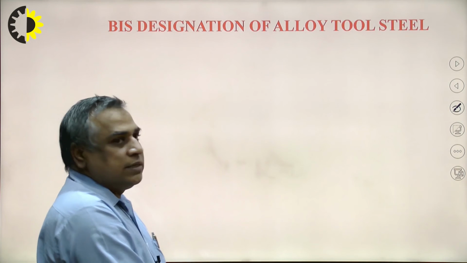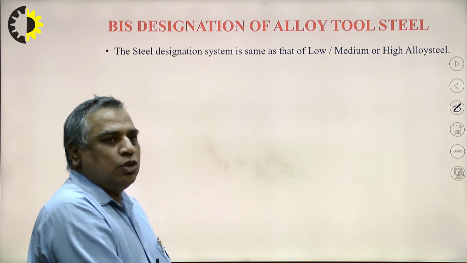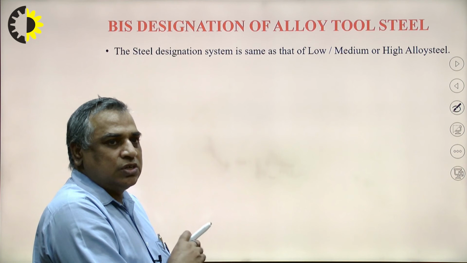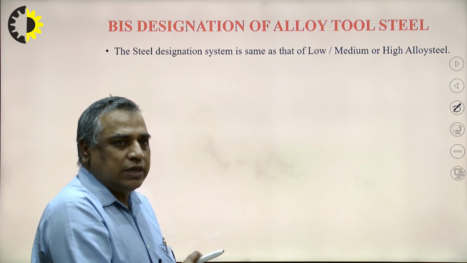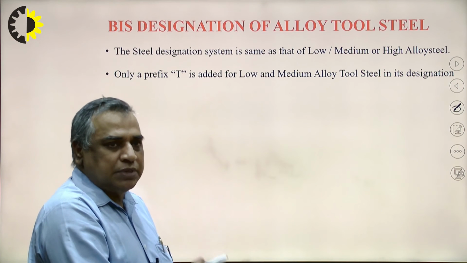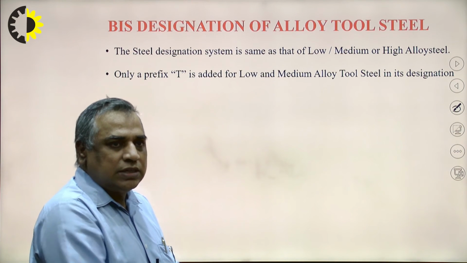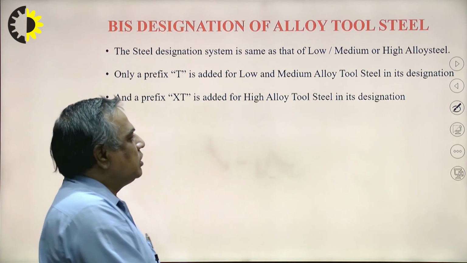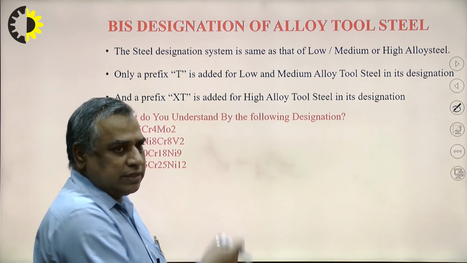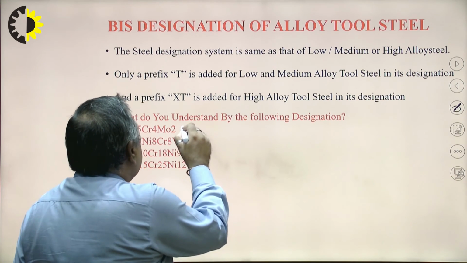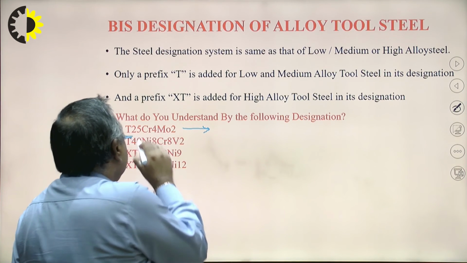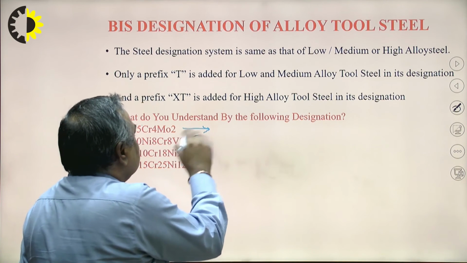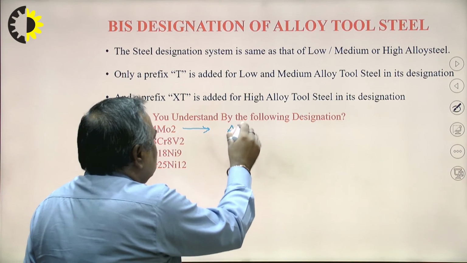So the designation system is as we have discussed for the low, medium and high alloy steel. The only difference is the prefix we have to use, capital T. In case of low alloy steel, we use capital T only in the prefix of the BIS designation. If it is high alloy steel, we will use XT in its proper designation. So here are the examples. This capital T we have added, and there is no symbol of C. So this is alloy tool steel,